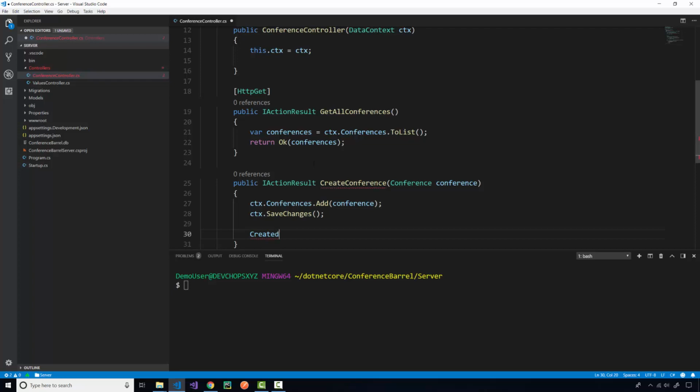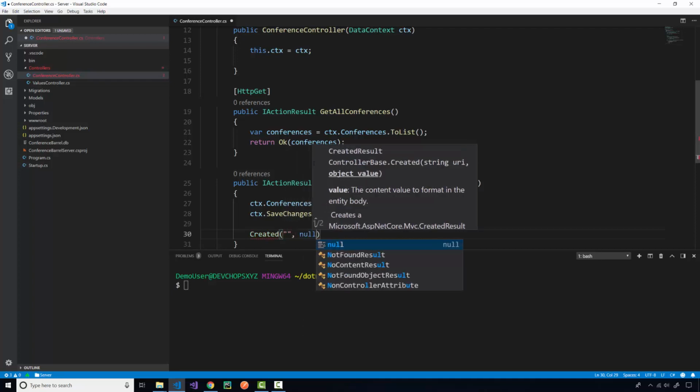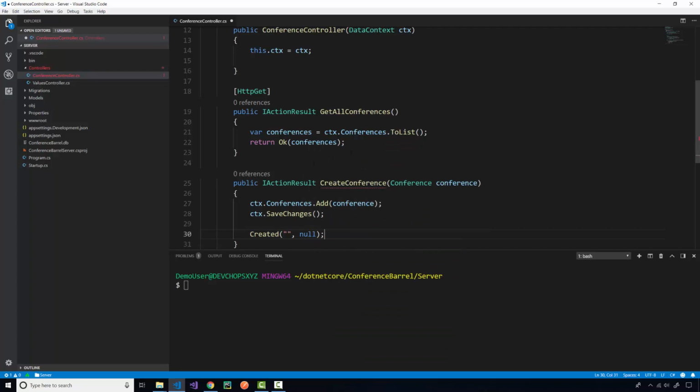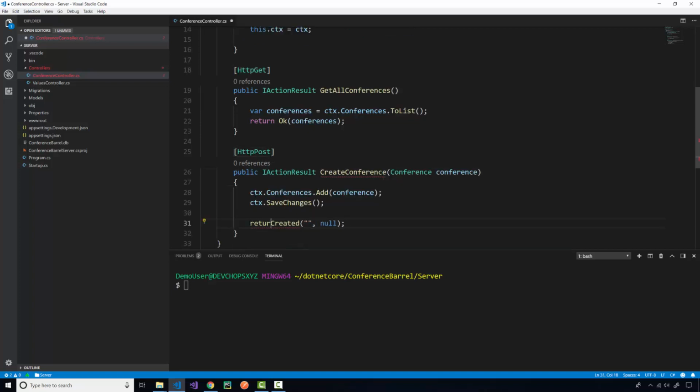I'm not going to worry about that here. It's something we will implement later on. But to keep the demo moving along, I'll pass an empty string and null as parameters for Created. This will return a 201 status, but no content in the body. Finally, I'll add the HttpPost attribute, so this action method will be invoked for a post request. And I've got to remember to return